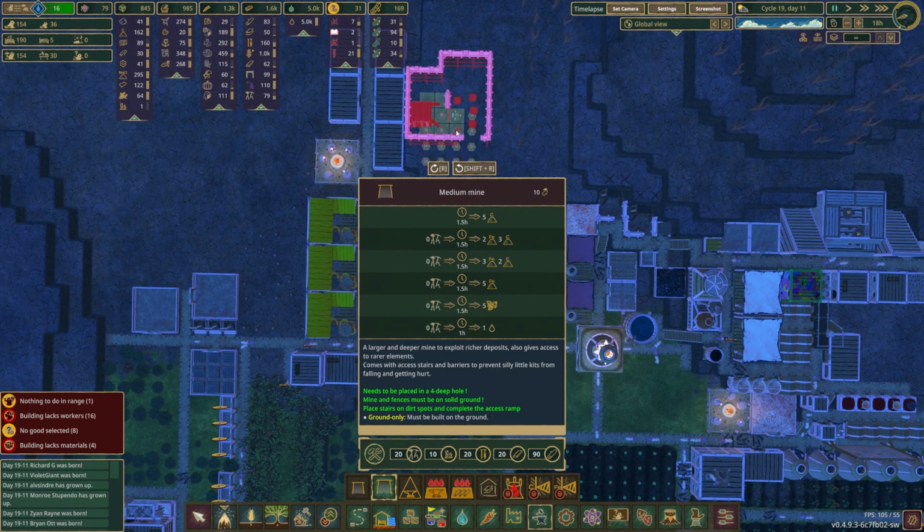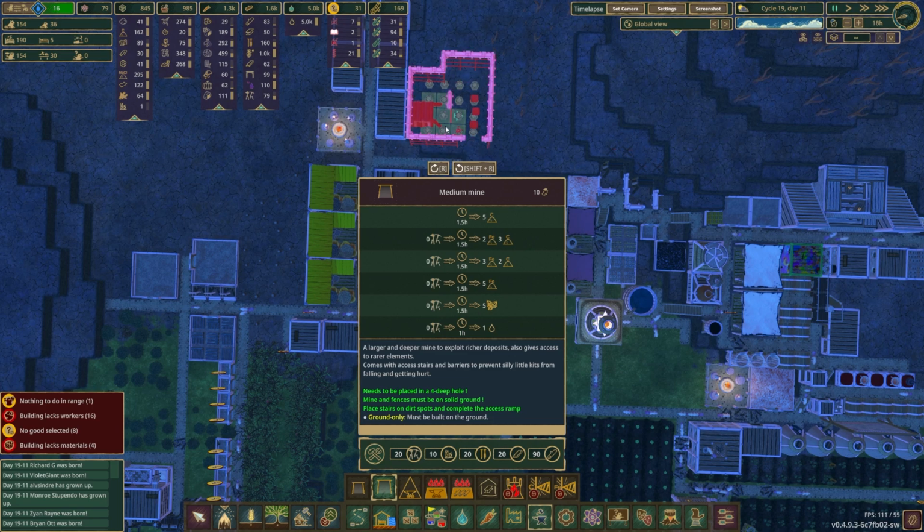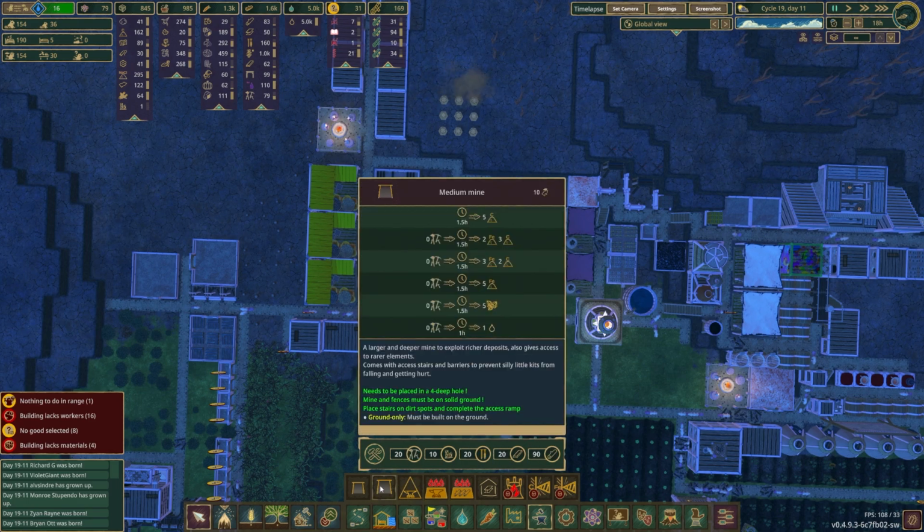I'm trying to figure out how I'm supposed to set this up. The mines and things have to be on solid ground, so this is actually the wrong shape for this. I really don't understand this. So maybe I guess we just have to do something like this. No, because the mine and the...